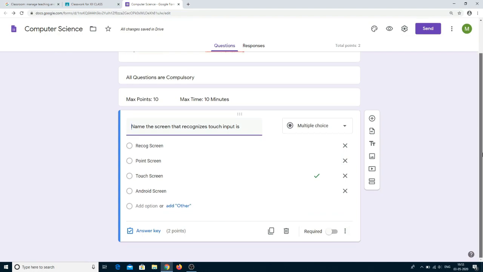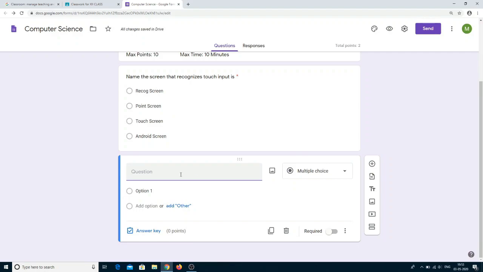So the first question is added, and if you want to make this question mandatory, just activate this required button. Now we are going to add one more question. Computer monitor is also known as, so this second question I'm also giving as multiple choice. DVC first option,